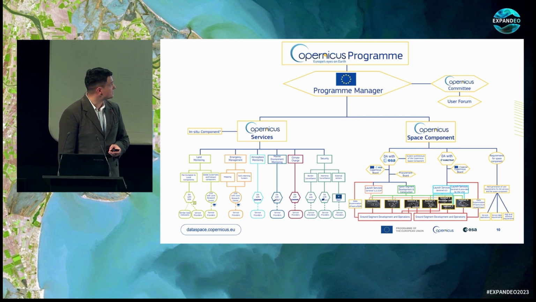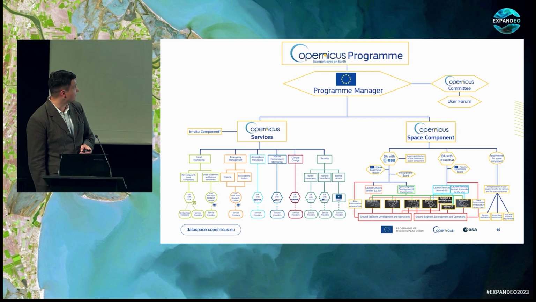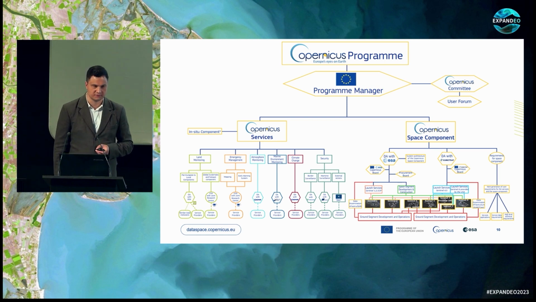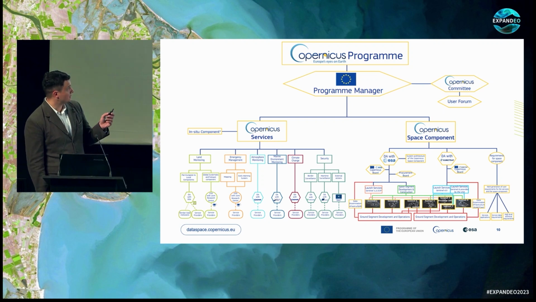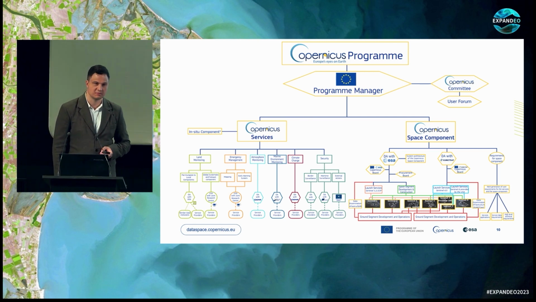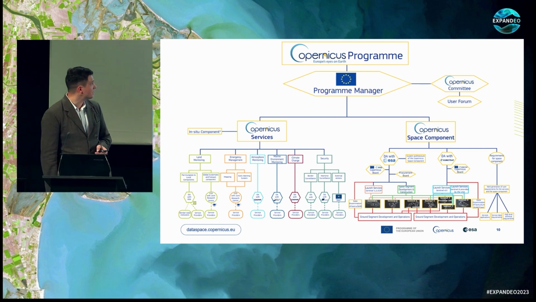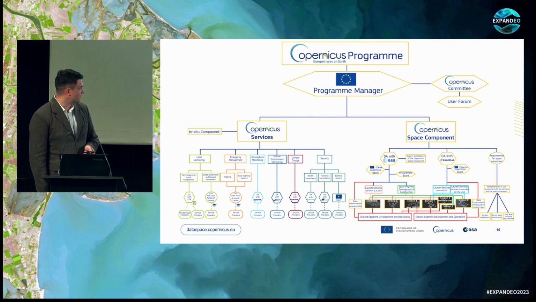So to summarize the Copernicus program, I would like to show this BIS graph. I will not go into the details, of course, but I think it very nicely reflects the complexity of the Earth observation monitoring, with the European Commission as a program manager, with the space component managed mainly by ESA and EUMETSAT, with Copernicus services managed by a wide range of agencies, starting from ECMWF, EEA, also there is Mercator Ocean, and many more.